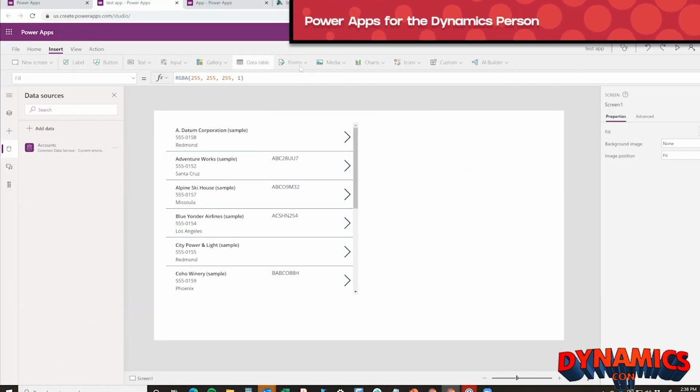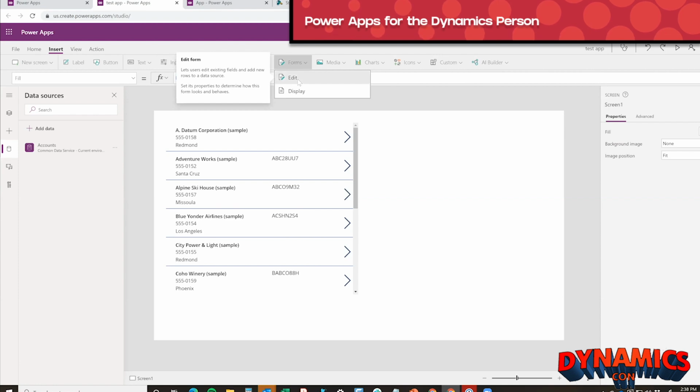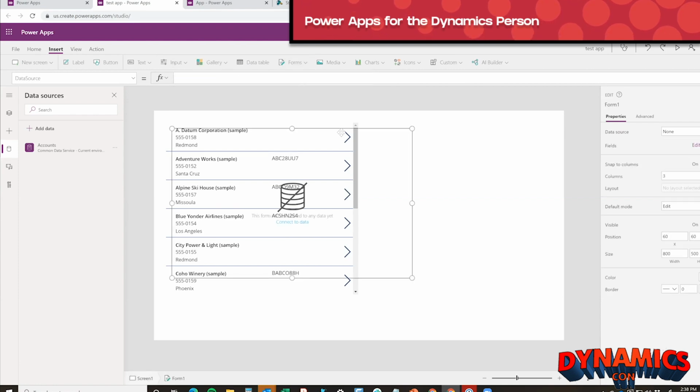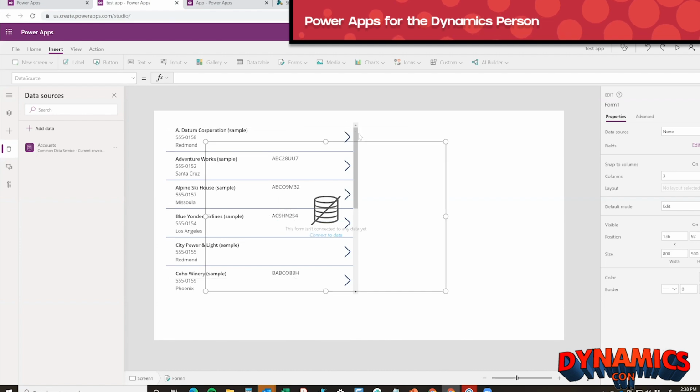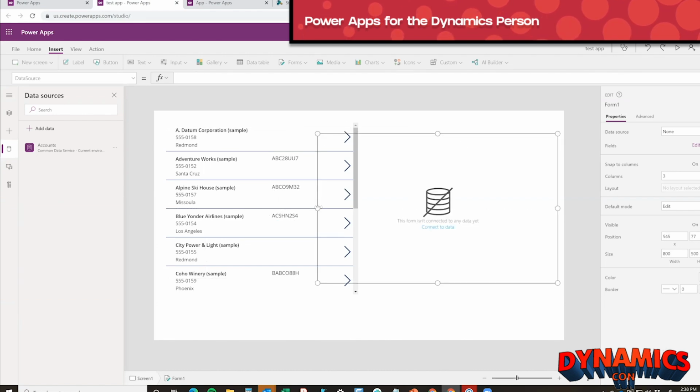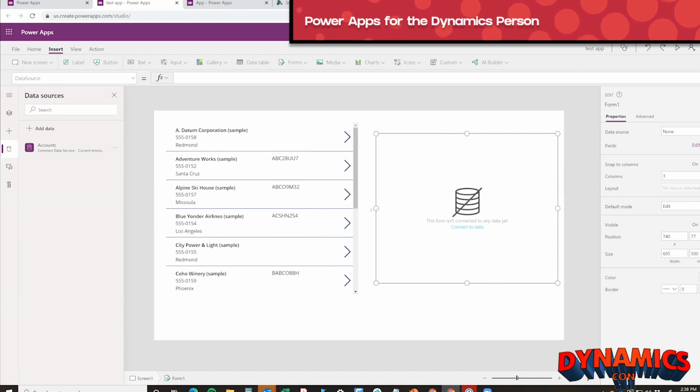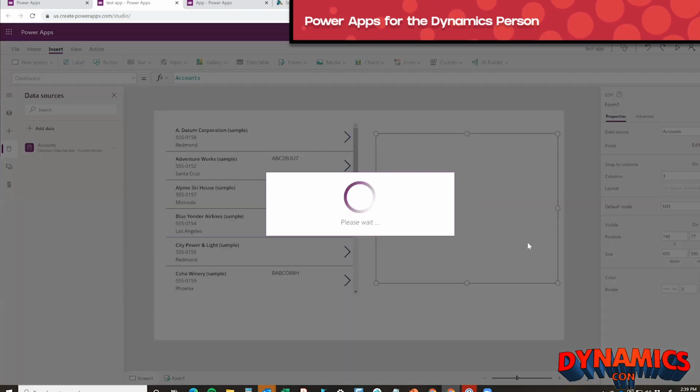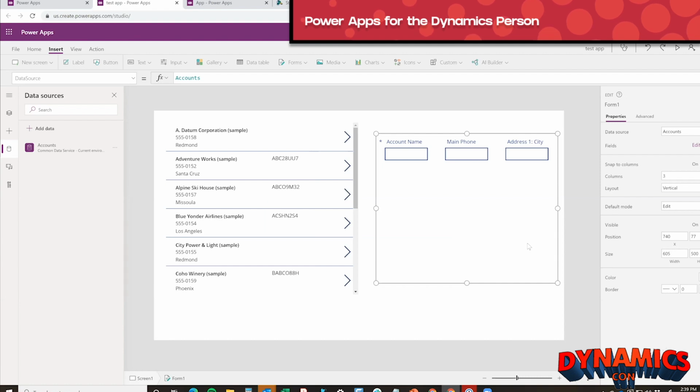And so if I go to form, and let's just go with edit form. One little tip with Canvas apps, you really don't need to use the display form. Display form is read only, but an edit form can have a display mode of disabled. And so if you do disabled, then it will effectively function as a display form rather than an edit form. Okay, so I'm going to connect this to my data source for accounts, and it will automatically add the 3 primary fields for it. You can change that as well.